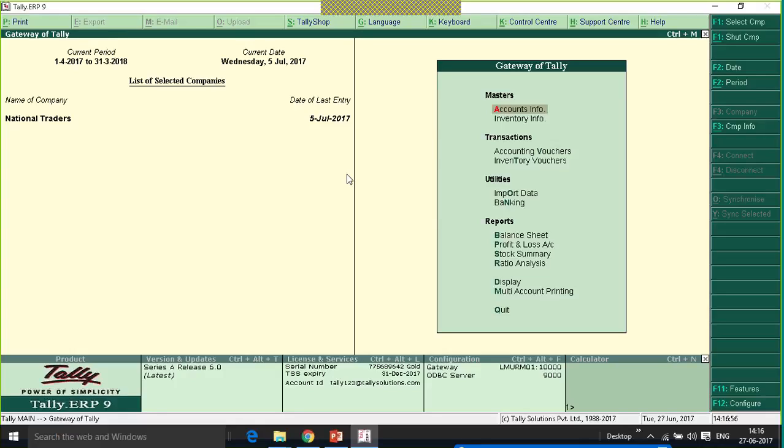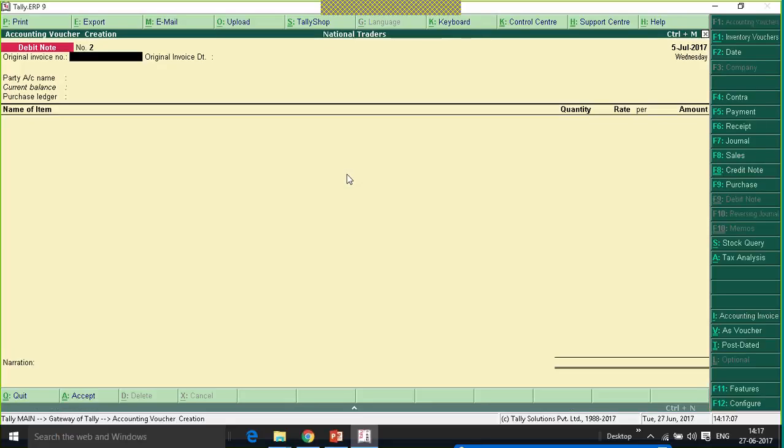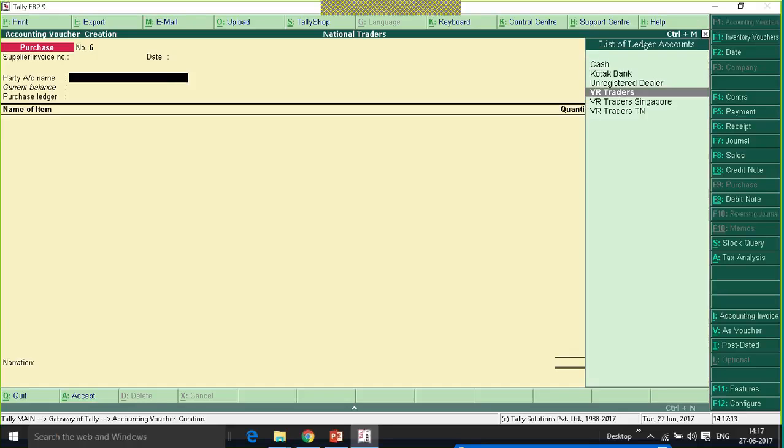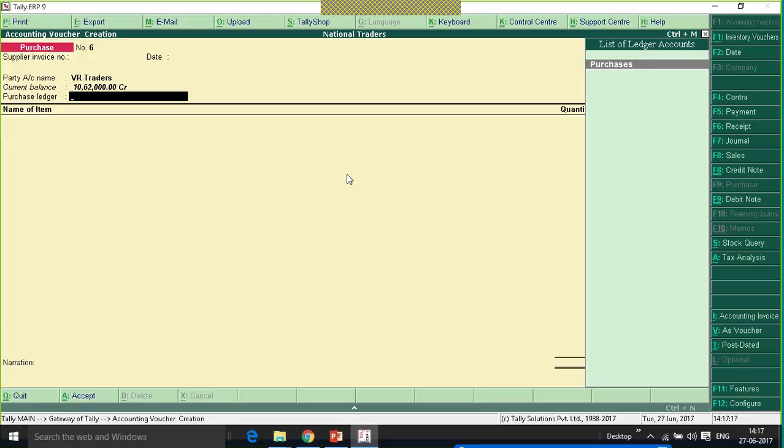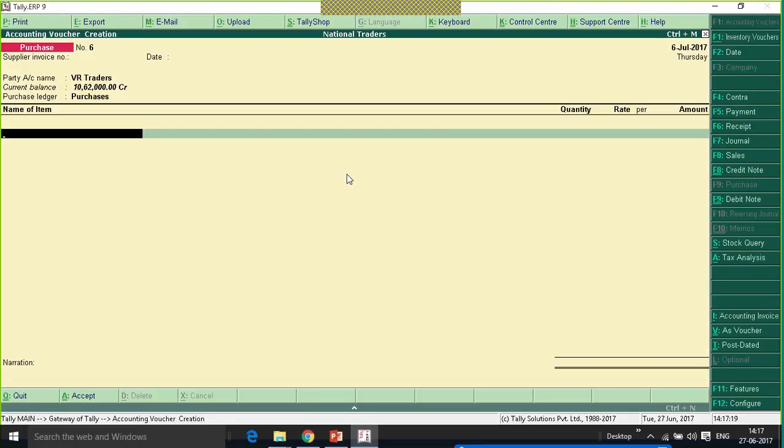I will record one transaction in which I will be selecting all my invoice exempted goods, nil rated goods and non-GST goods. F9 purchases, to change the date, I will select VR traders, he is the regular trader and the local trader. I will select the purchase ledger.